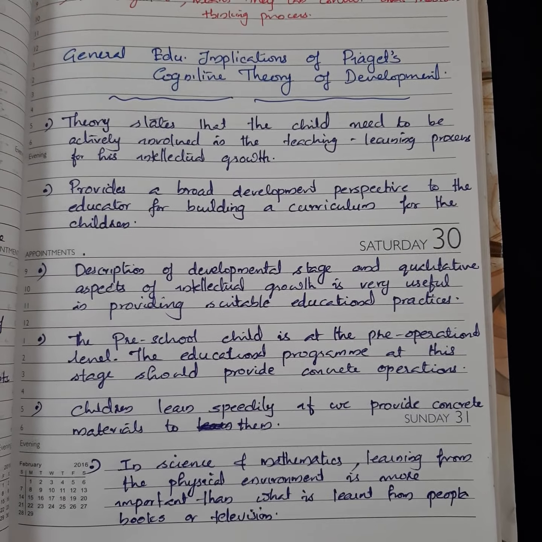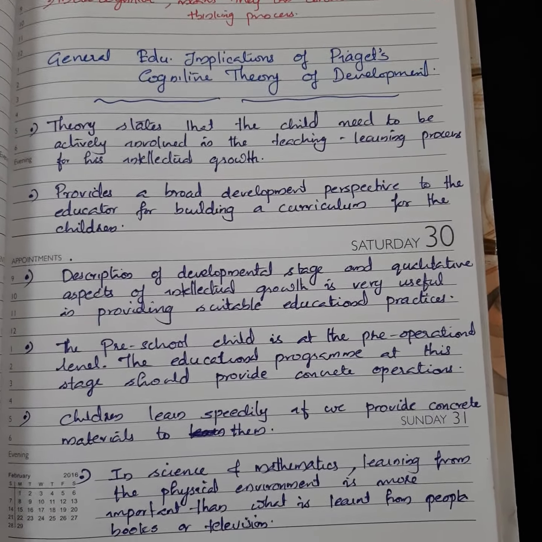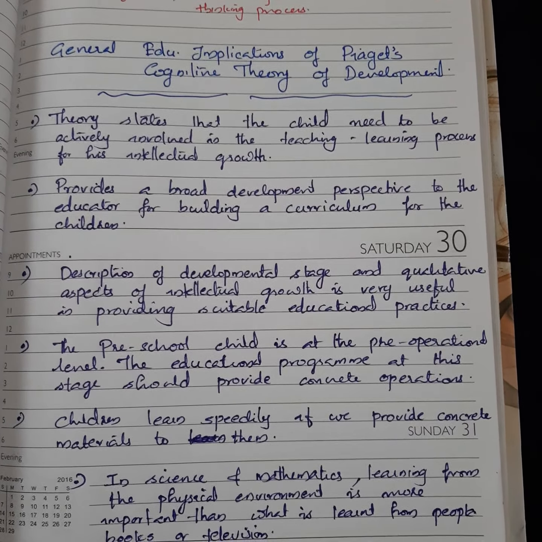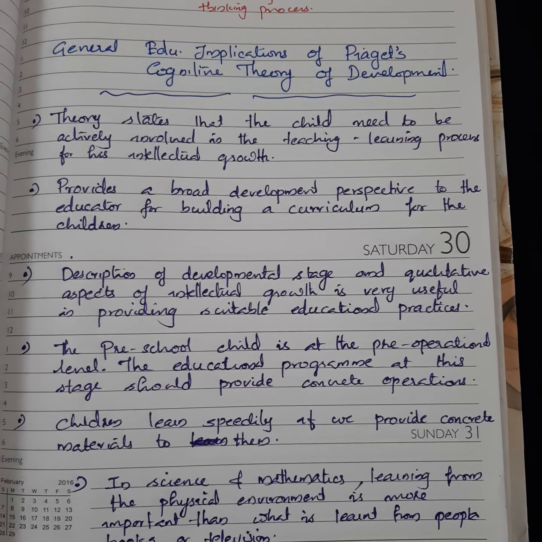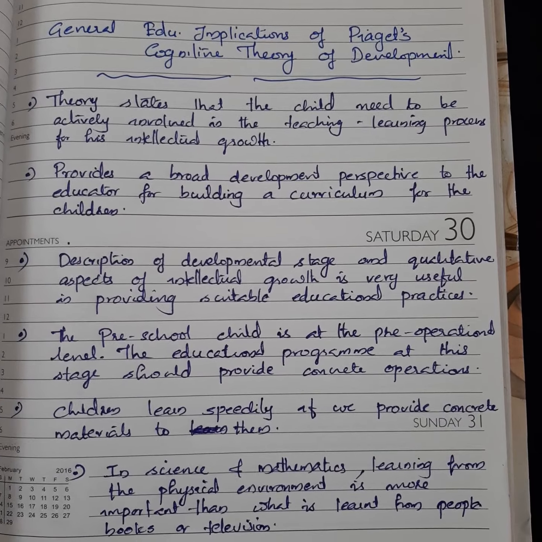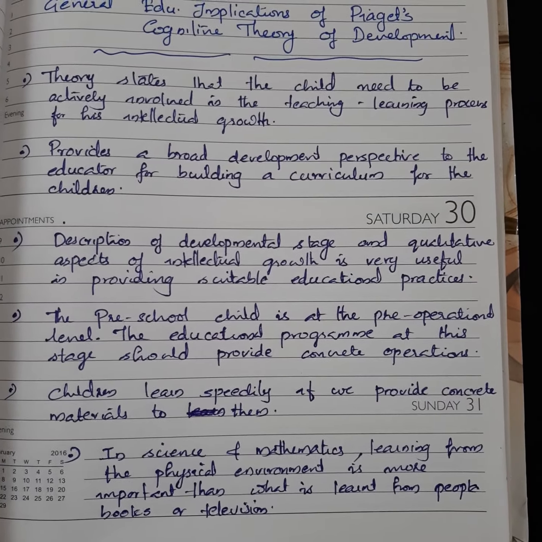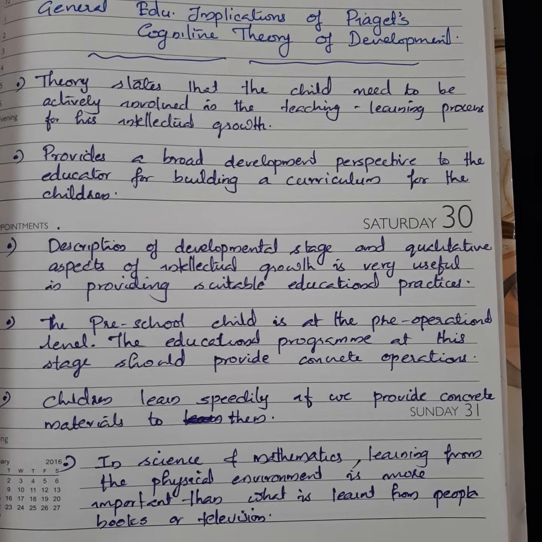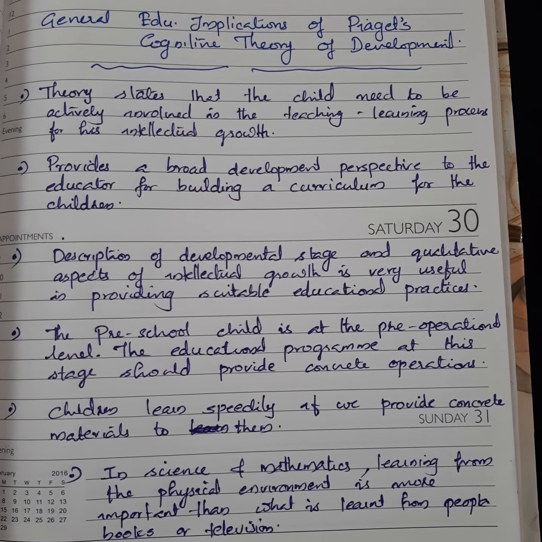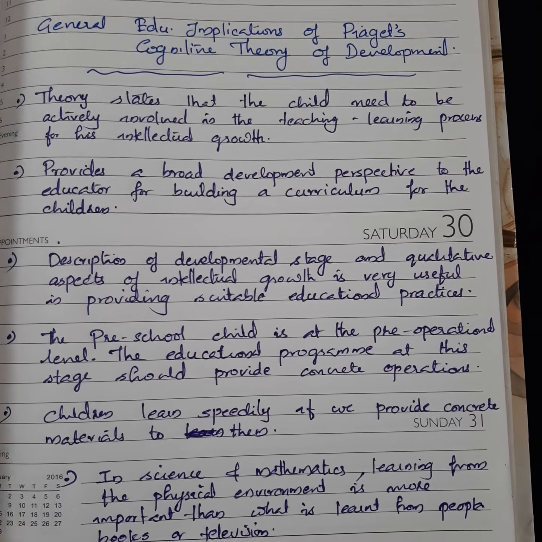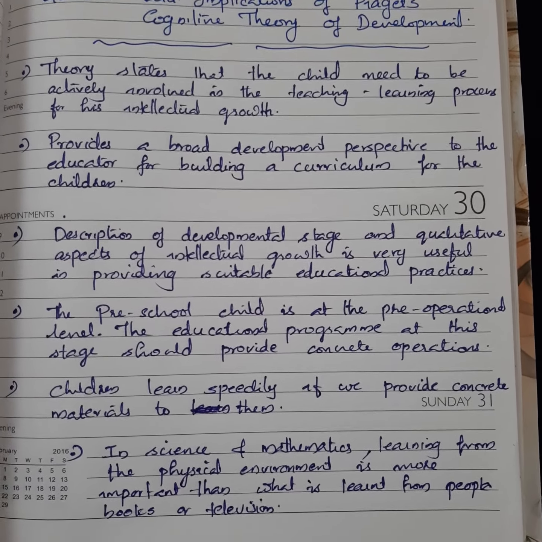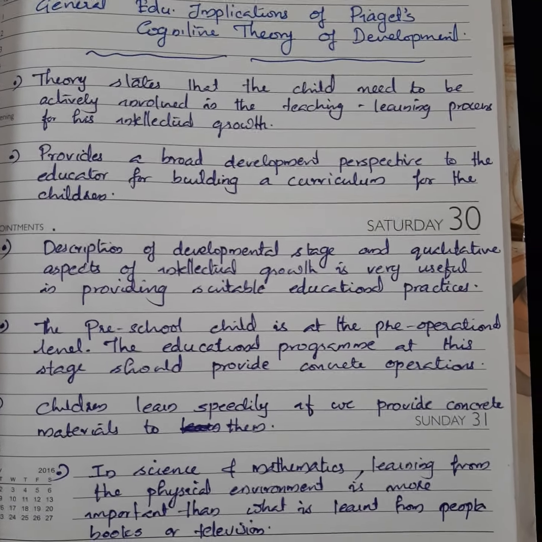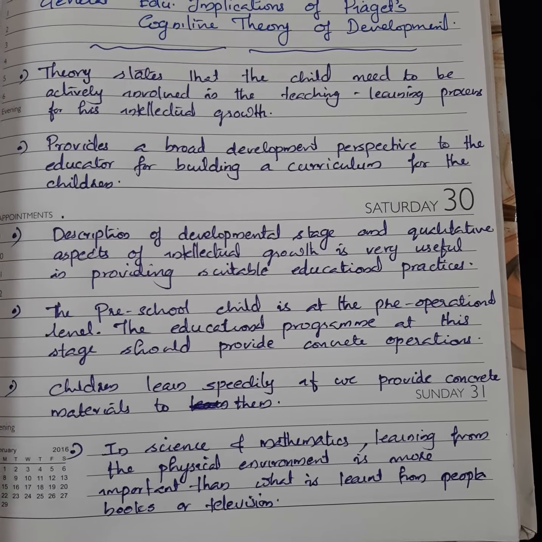Now let's learn about the general educational implications of Piaget's cognitive theory of development. This theory states that the child needs to be actively involved in the teaching learning process for his intellectual growth. Next one is provide a broad development perspective to the educator for building a curriculum for the children. Third one is description of developmental stages and qualitative aspects of intellectual growth is very useful in providing suitable educational